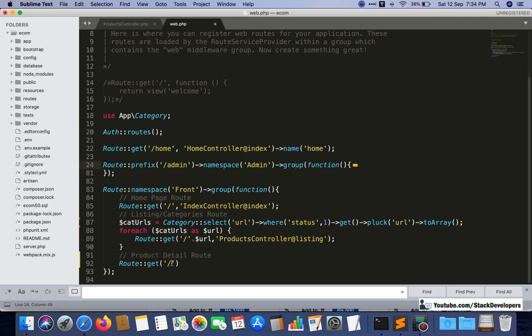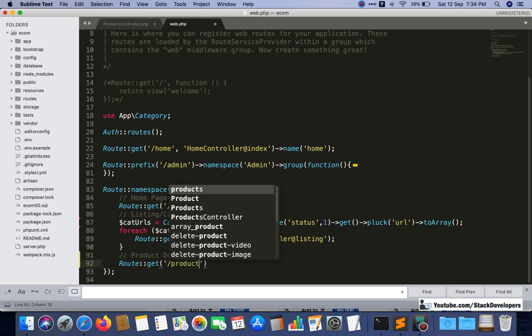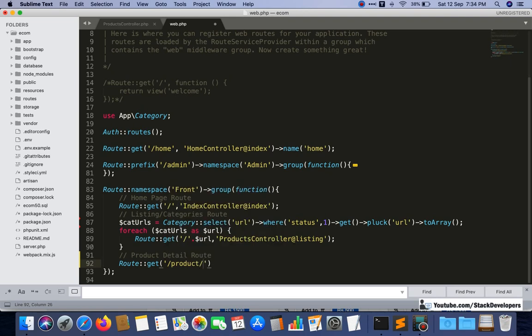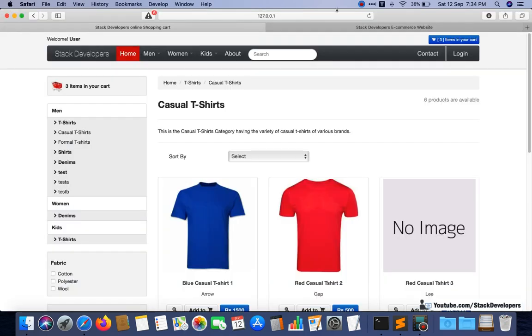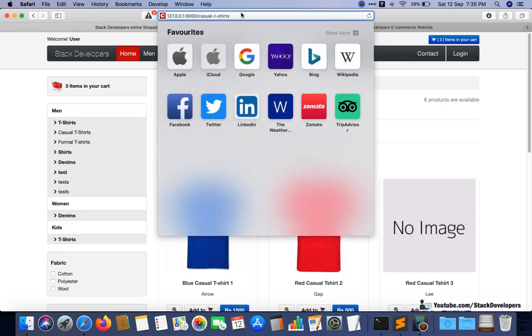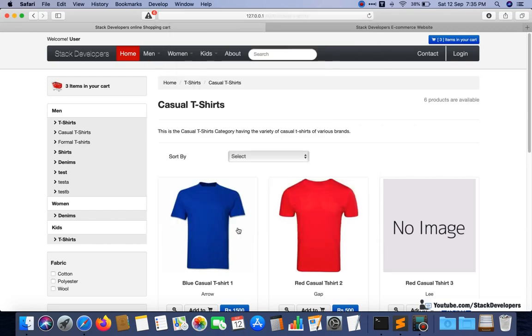So we are making the get route for our product detail page, and here we will add like product, and here we are going to show like this. Okay, so we will show the ID as well, product ID, and for ID we are going to show like this. See, ID will come up here, and so this is our route. If we call this route, it will look like this. I will show you, like this is the casual t-shirt. Suppose this is the casual t-shirt route, and its ID is